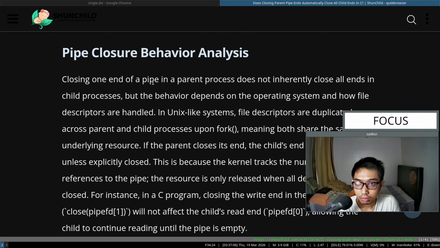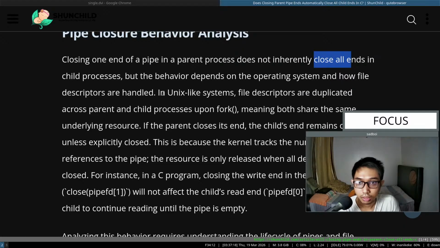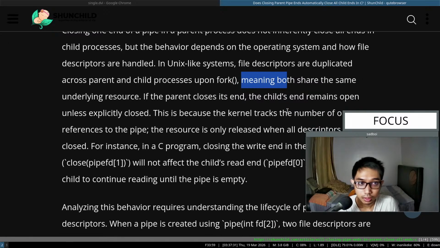Okay, closing one end of a pipe in the parent process does not inherently close all ends in the child process, but the behavior depends on the operating system and how file descriptors are handled. The descriptors are duplicated across parent and child processes upon fork, meaning both share the same